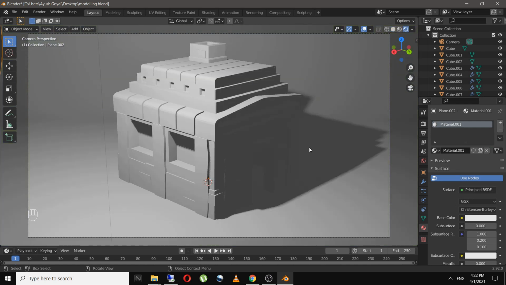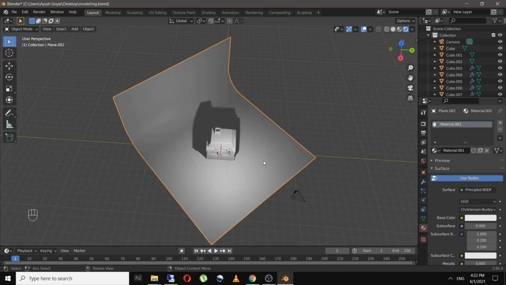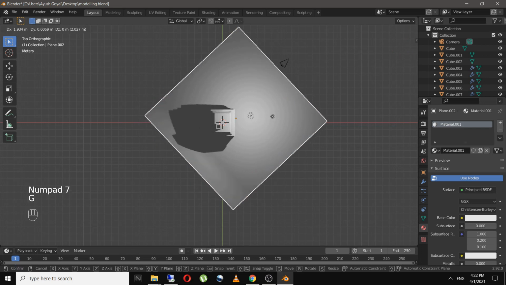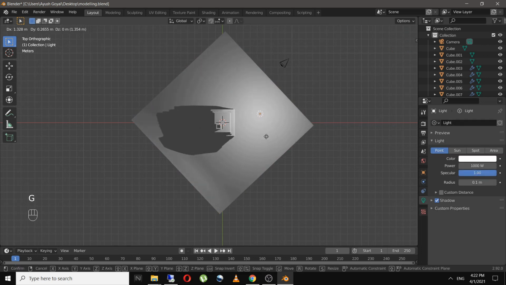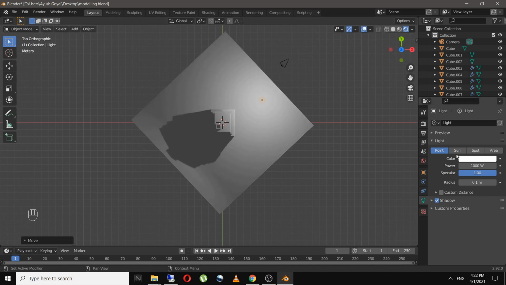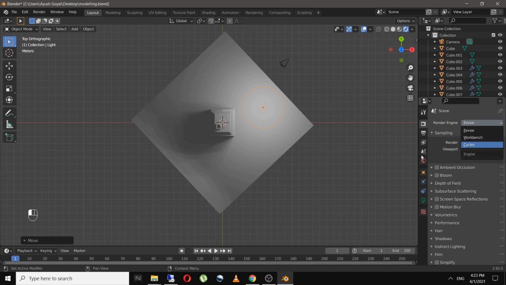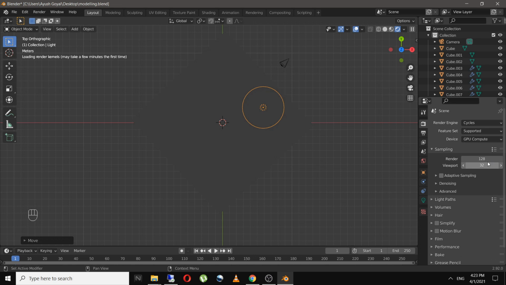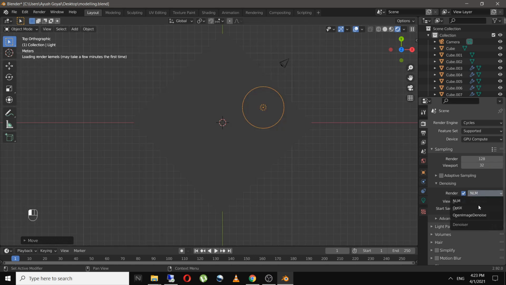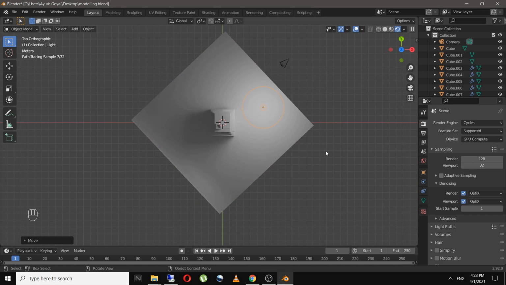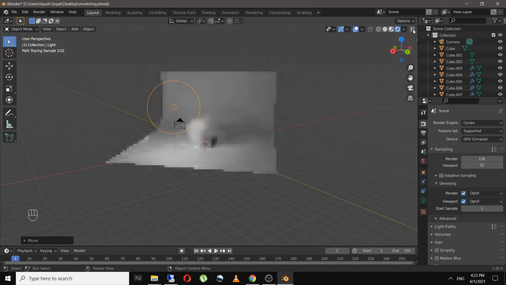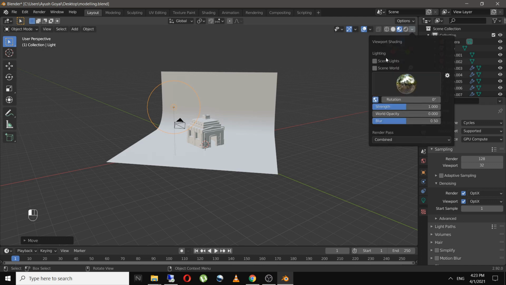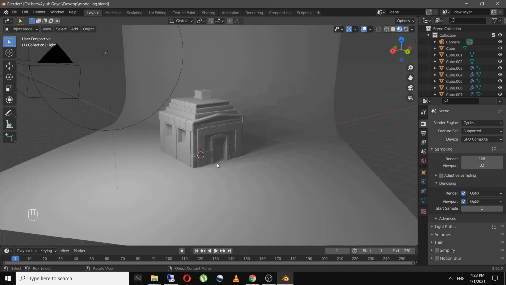So for that, go to rendered view. Our default light is over here. I'll move it somewhere here and increase the radius to 3 and change the render engine to Cycles. Select the device as GPU and enable the render and viewport denoising. Go to material view and enable the scene lights.